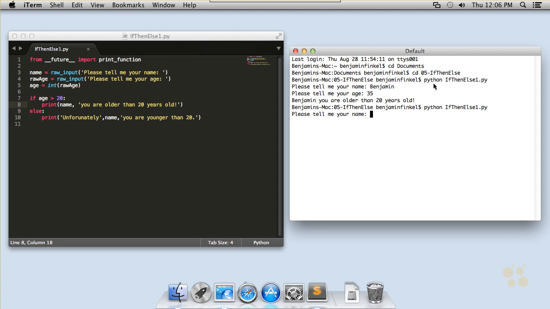If I go ahead and run it again, I'll type in my name again, and this time I'll lie and say I'm actually 19. It says, unfortunately, Benjamin, you are younger than 20. That means I'm not allowed in. Darn. All right, let's take a look at this quick little program and see how the if then else statement